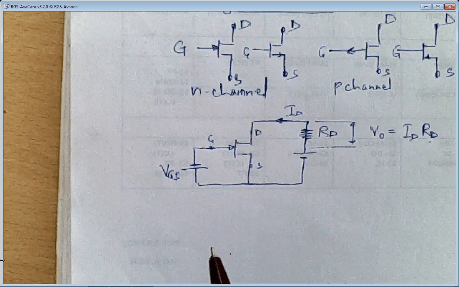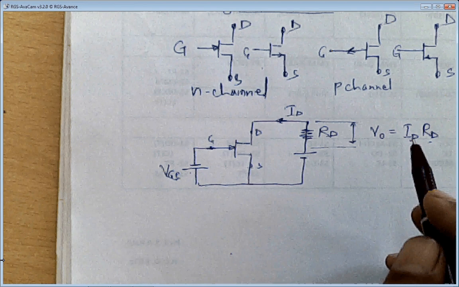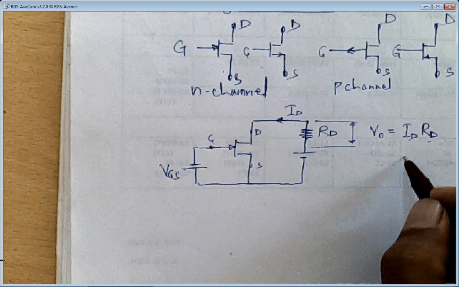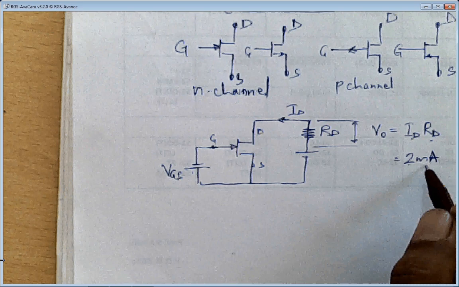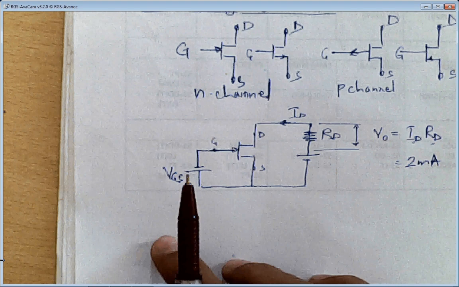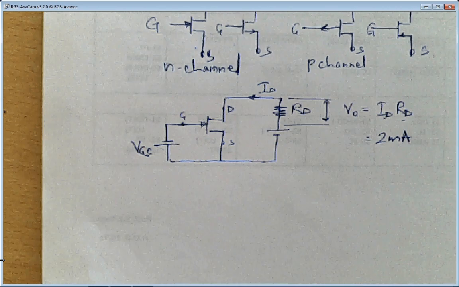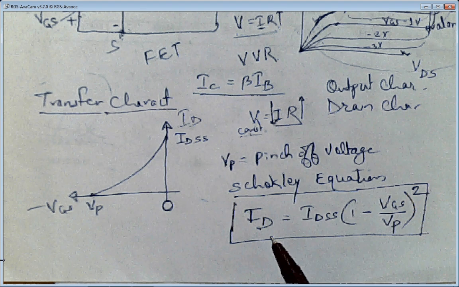Let us say we have made ID equal to, say, 2 milliamperes. How have we made this 2 milliamperes? By deciding the value of VGS, and we decide the value of VGS from the formula. So whatever, if you want ID to be 5 milliamperes or 2 milliamperes, IDSS is given